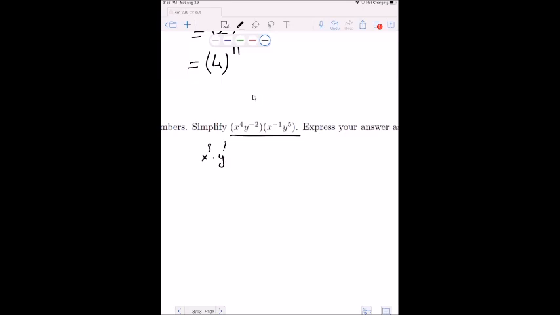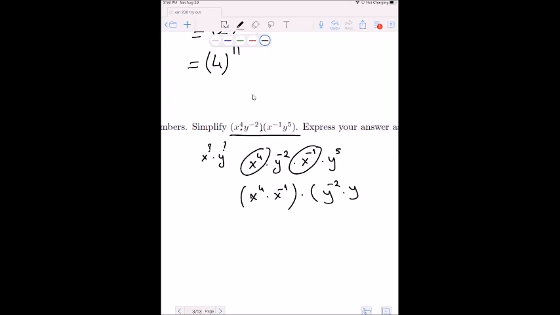Okay, guys, let's start. Now, when I open all of them, because they're all in multiplication form, right? So it's going to be x to the power of 4 times y to the power of -2 and times x to the power of -1 times y to the power of 5. So we will combine like terms, x to the power of 4 and x to the power of -1 times y to the power of -2 times y to the power of 5. So when we add their exponents, we will get x to the power of 3 times y to the power